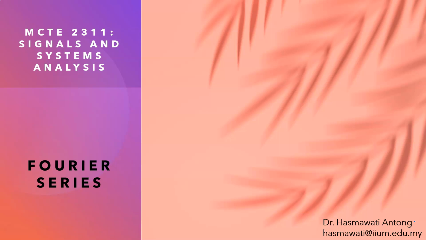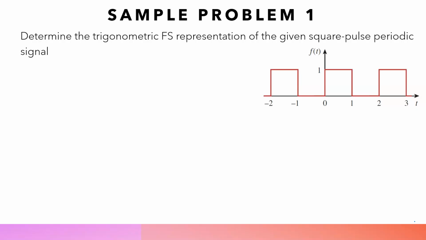In this video, I will show you the solution to sample problem 1 related to Fourier series. In this question, you are asked to determine the trigonometric Fourier series representation of this signal, which is a square pulse periodic signal. The first step is to determine the period, which is T,